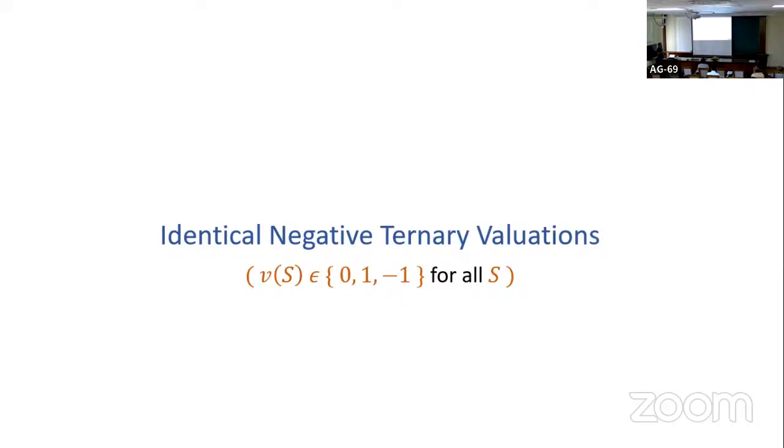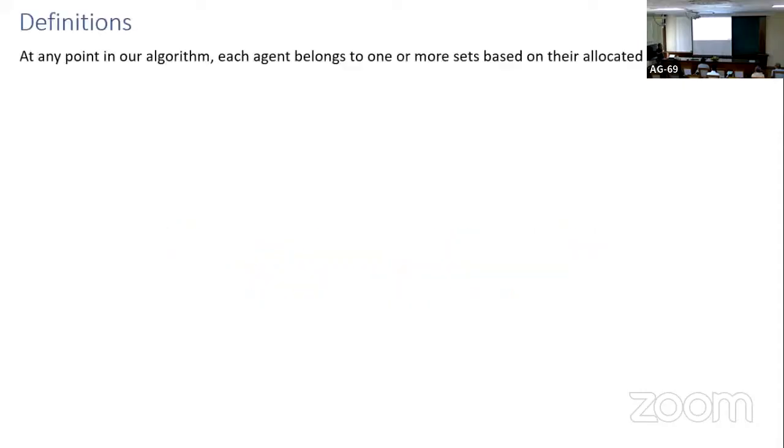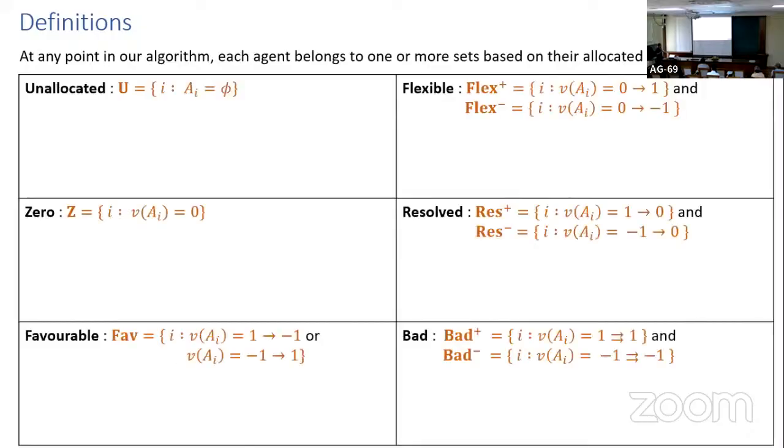So let's just look at the case of identical negative ternary valuations. Here we drop the subscript because the valuations are identical. So subsets take values from this set, 0, 1 or -1. At any point in the algorithm that we propose for this identical negative ternary case, each agent belongs to one or more sets. So these are the sets. An agent belongs to the set denoted by U, called the unallocated set,